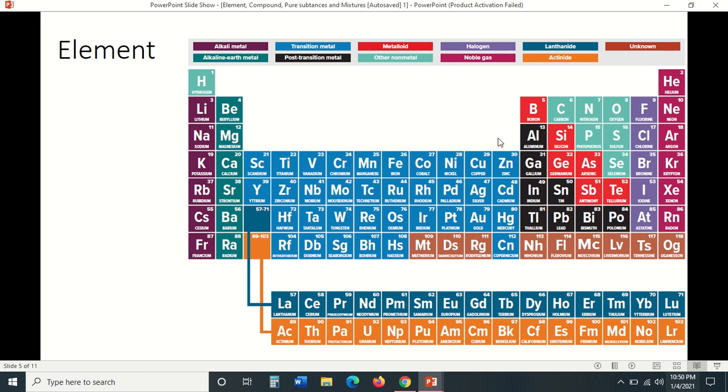But a metalloid is 50-50. They are not a non-metal, but they are also not a metal. So they are half metal and half non-metal, in the middle between the two. So boron, silicon, germanium, arsenic, antimony, and tellurium are metalloids. And then there are also lanthanides and actinides, which are also metals, but they are radioactive and we cannot find them in nature. We cannot find them naturally. Usually they are formed in a laboratory.